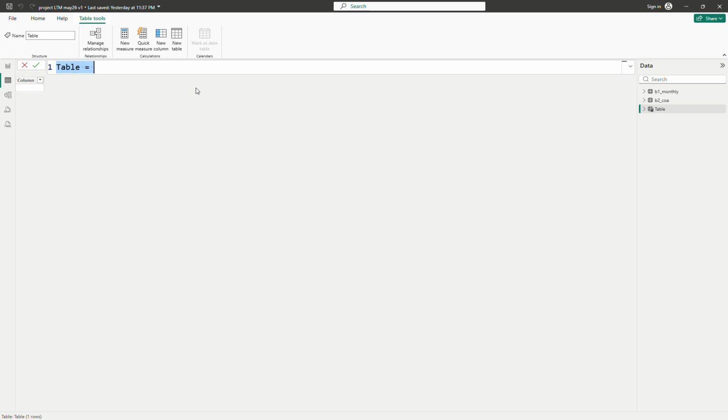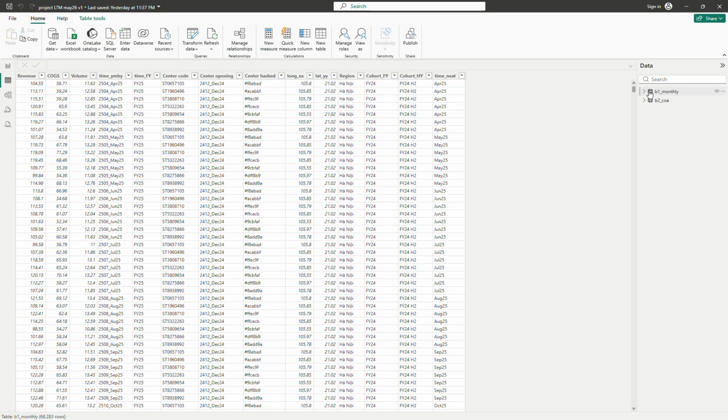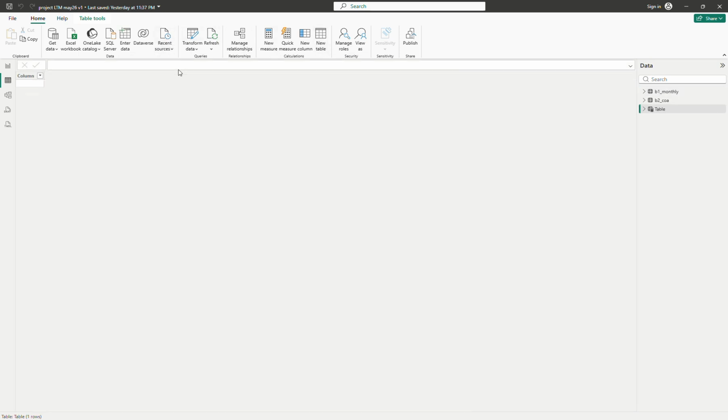Okay. So the first thing is I need to make the last 12 months from this table. So normally the month will be here. All the months will be here. So if you group this table, let me show you back to the table measure, right? The new table. Right? So if you group the one backward